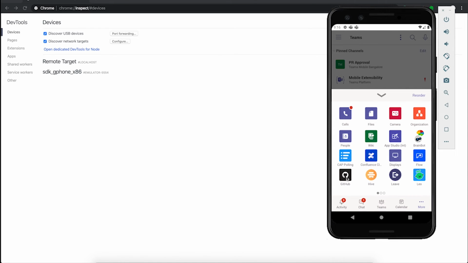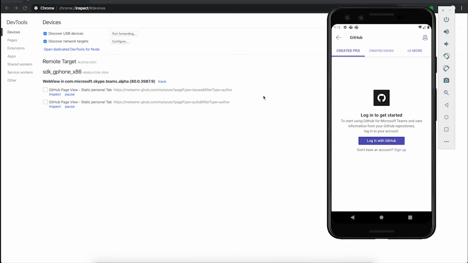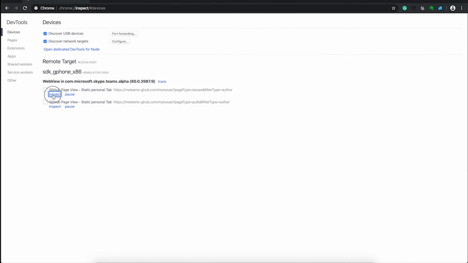Let's take a simple example and see how you are going to do debugging here, right? Let's take a simple example of GitHub. When you open the GitHub application, it knows there are two pages here, which is basically your first application, and there are two more pages out here plus the more tab. If you open the first page here,